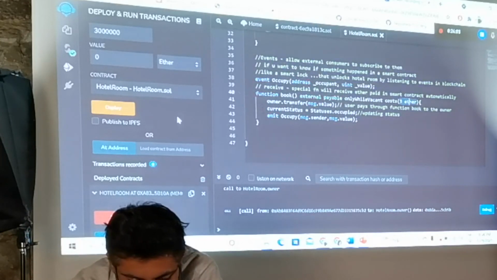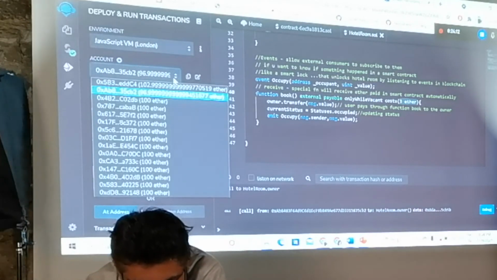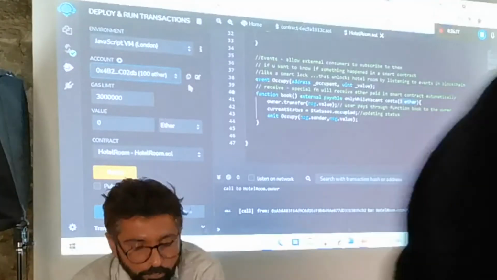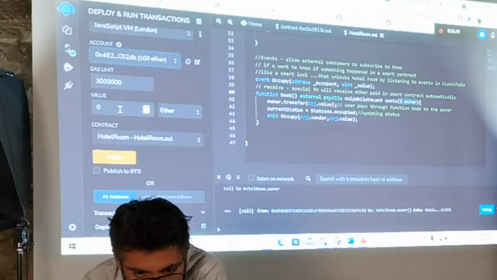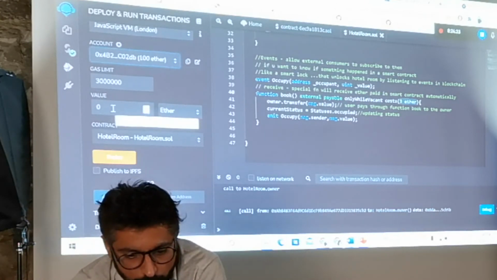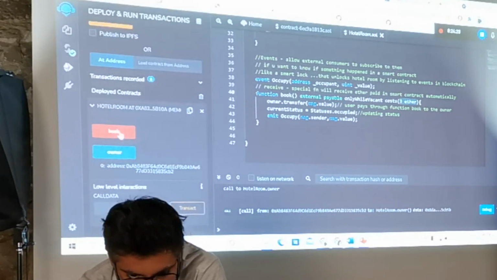So first I will try to book the room from a different account. This is my owner account, and this is the different account I will book from. Now I am giving only 0 ether, but the condition is that only if the amount is more than 3 ether will it book the room. So I am trying to book it.